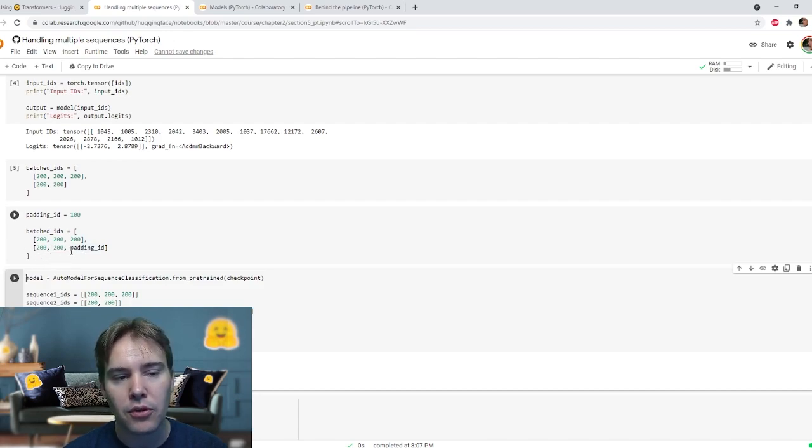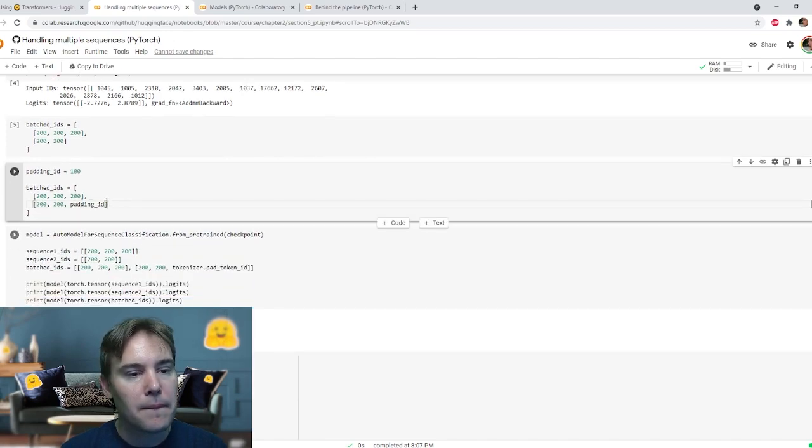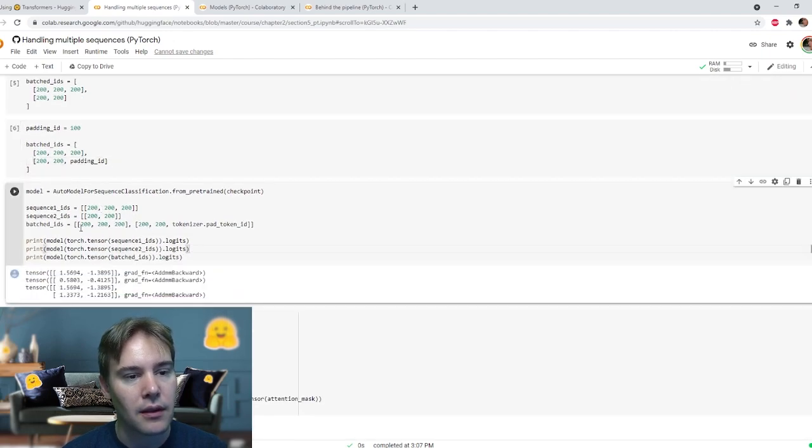Most of the transformers models expect the padding to be applied on the right, with the exception of XLNet, which expects it at the beginning. But the tokenizer should be responsible for applying the padding because the tokenizer knows what the model wants and it's going to apply it on the right side. So once you have those batch IDs, you can create tensors from them